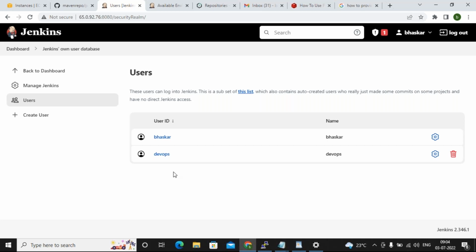If you go here, you can see your username. Open it, you can change your password. But assume that only one DevOps admin is there, he is the admin with full access, and no other has full access.